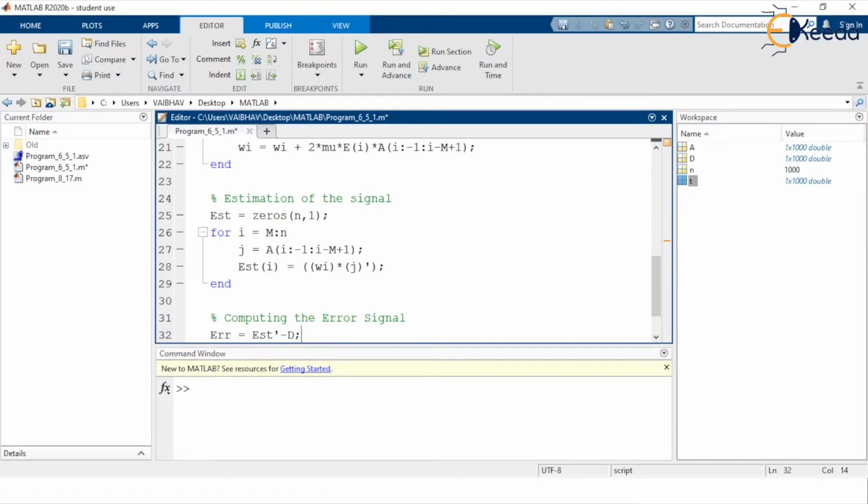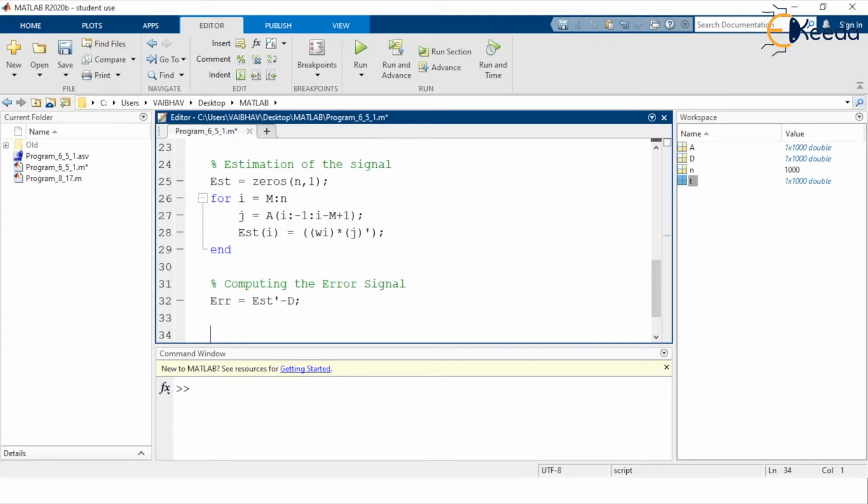So at this stage we have four versions of the signals. The first version is the desired signal that we defined in the very first step. Next, to this desired signal we added certain noise, so a signal added by the noise is the second version.